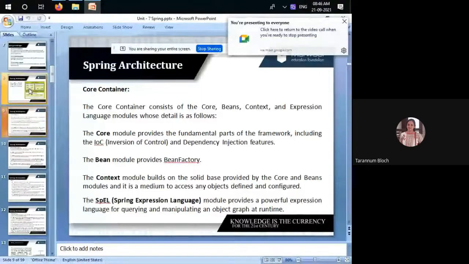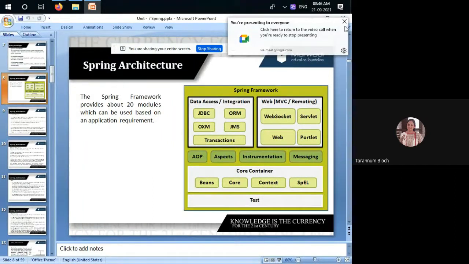Right? So I'm sharing my screen. Let us start it now. If you recall the last discussion, we discussed Spring architecture, and we talked more about data access and integration. When I say data access and integration, there are various ways to do so, and from that we discussed that ORM and OXM, object XML mapping, are the things which you can do with the Spring data access and integration module.